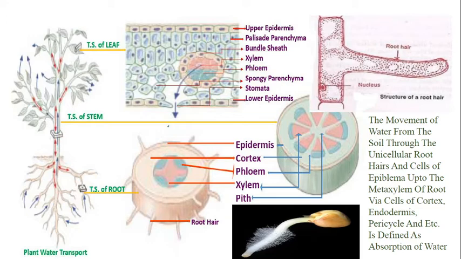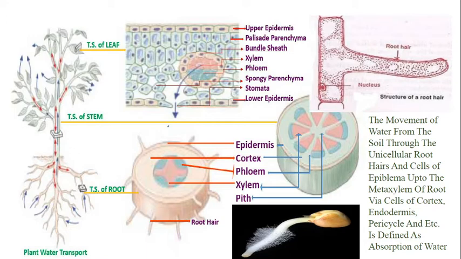First of all, here is a small seedling which possesses numerous root hairs. These are small unicellular to multicellular root hairs which actively participate in water absorption, and at the top there is a structure of a single-cell root hair, which is enlarged. And here is the TS of root which shows epiblema with root hairs followed by cortex, and inside that cortex there is the presence of green phloem cells and red xylem cells.